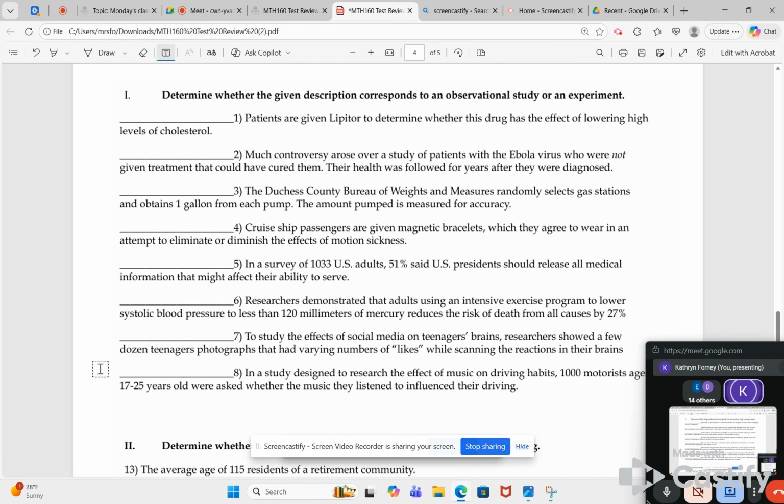Anyway, yeah, it has to have a modification. Observation is something that you can either just watch or ask and get your data that way. So it says patients are given Lipitor to determine whether this drug has an effect on lowering high levels of cholesterol. So we are giving people something to see if it works. So that would be an experiment because we modify